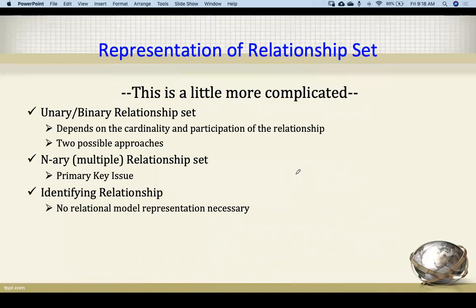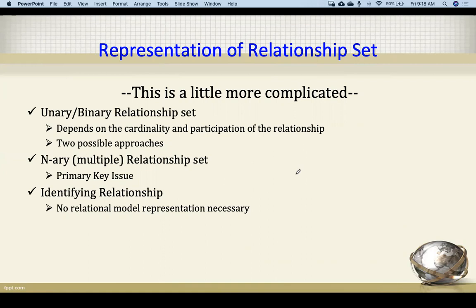So we have different types of relationships that we know, right? Now we'll talk about relationships. A relationship is nothing but, in the ER model, what we represent using the diamond shape, and this relationship may be a unary or binary relationship. It means that the relationship will be with one table and relating to itself, otherwise it is relating to two tables.